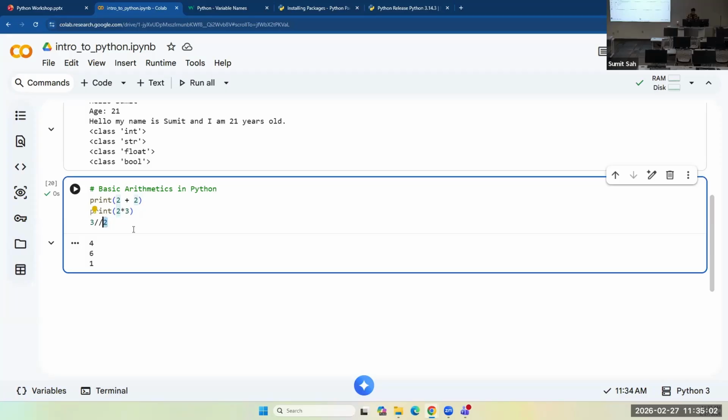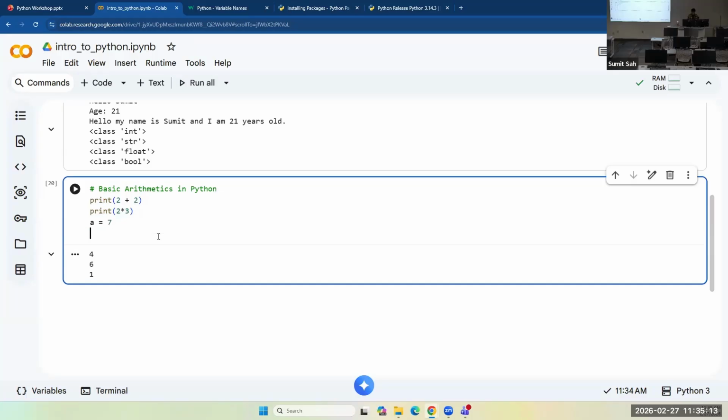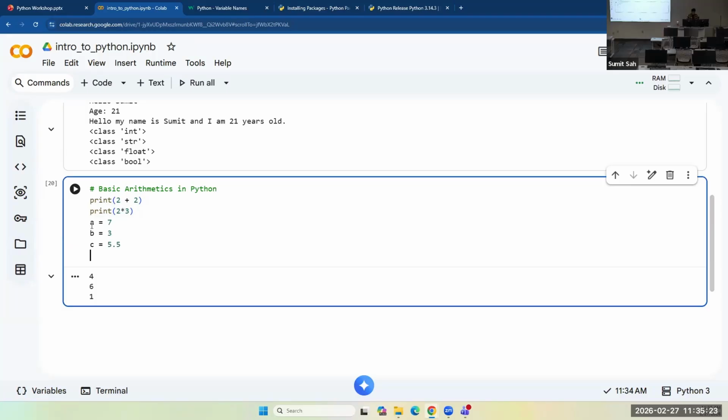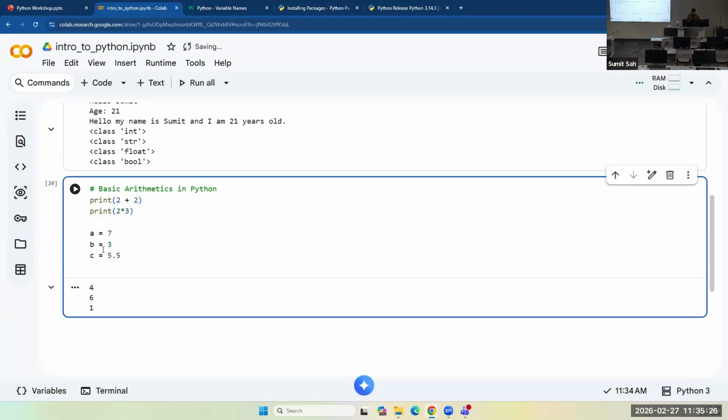So let's look into more arithmetic using actual variables. I'm going to store some numbers like a equals 7, b equals 3, and c equals 5.5. And actually, instead of writing a equals 7, b equals 3, c equals 5.5 separately, there's a shortcut way of doing this in Python.